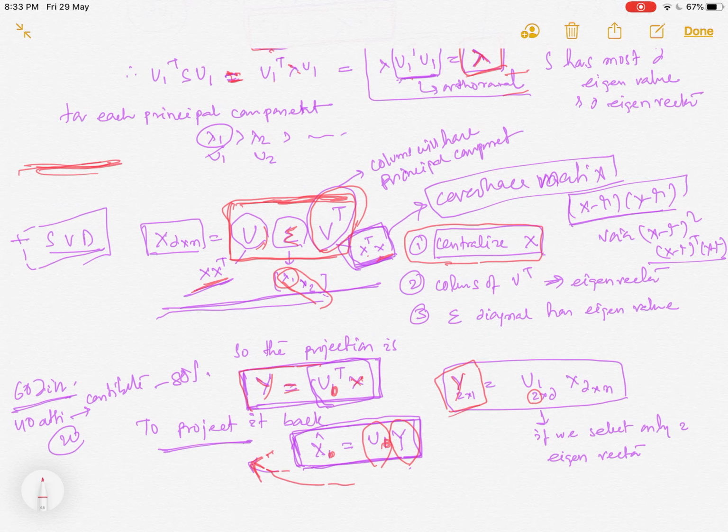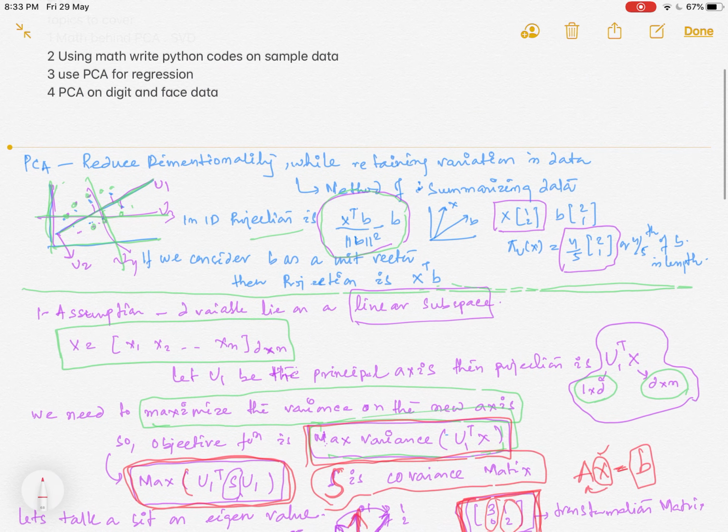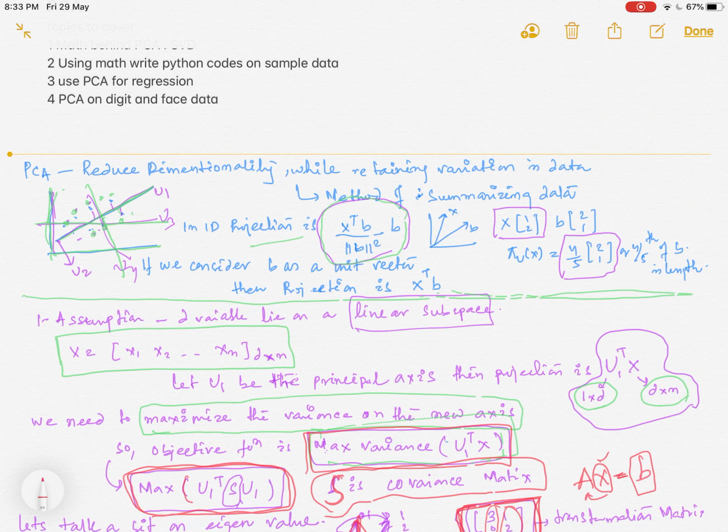So that's it from this video. The next video will show how we can use all these calculations of the covariance matrix and projection matrix, how we can project the data onto the projection matrix, and then how we can go back to the original space. All of this we will work out in a similar fashion in Python on sample data. Okay, that's it from me.